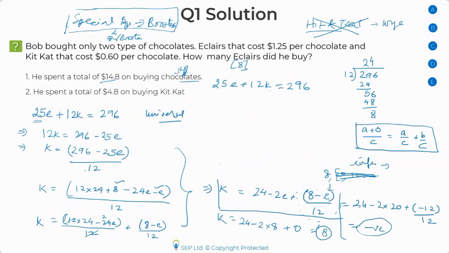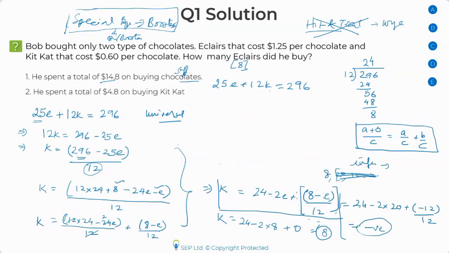Kelsey, the reason is that the denominator I have is 12, that is why I'm trying to break down the numerator in such a way. I don't want to work with 296. It's a big number. So I'm breaking it down such that at the end I'm left with a smaller expression, an expression that is easier to work with. Yes, Aditya, K becomes negative. That's correct. Since K is becoming negative, that is why I'm not looking for higher values.